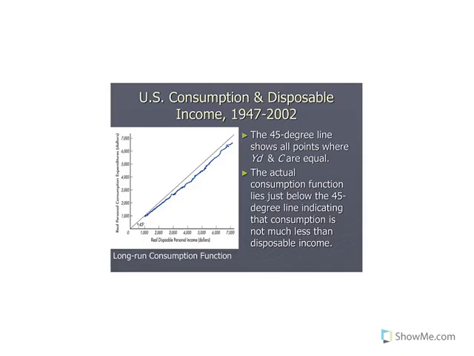Now here is the U.S. consumption function, U.S. consumption and disposable income from 1947 to 2002. This is actually taken from the textbook showing the long-run consumption in the United States. Again, you'll notice that the graph has the 45-degree line drawn on there, which shows all the points where disposable income and consumption would be equal, and then the blue line represents the actual consumption function, which is just